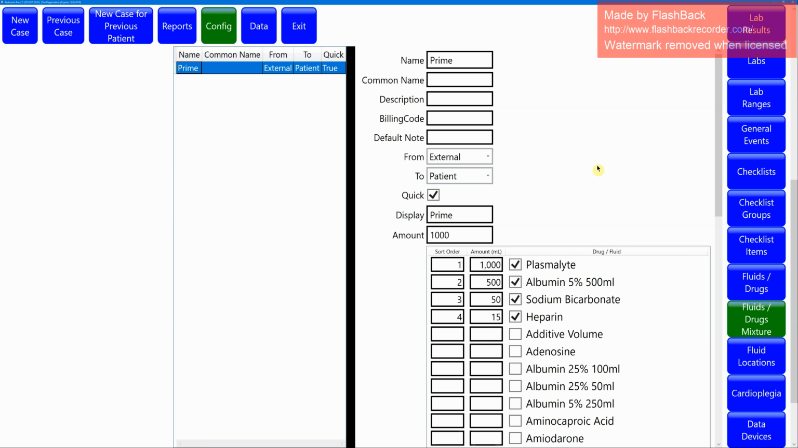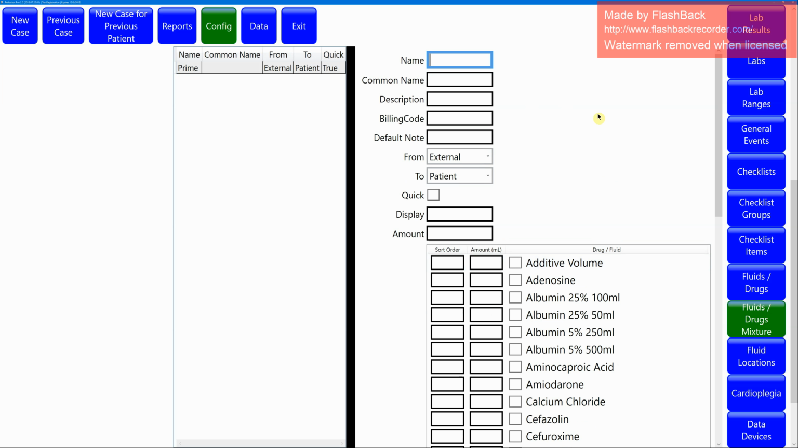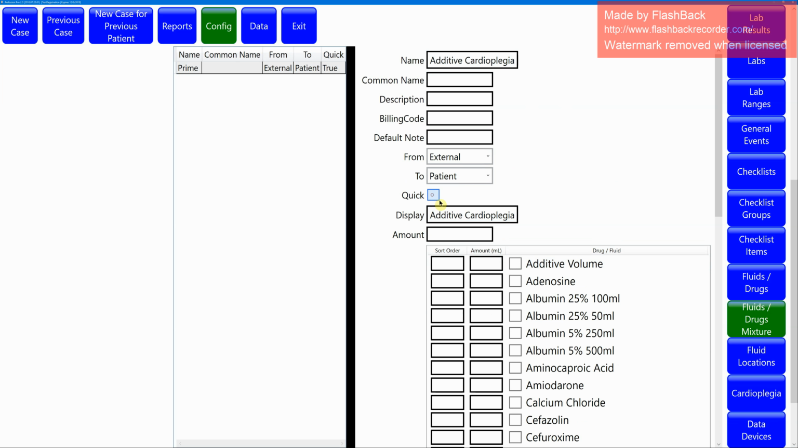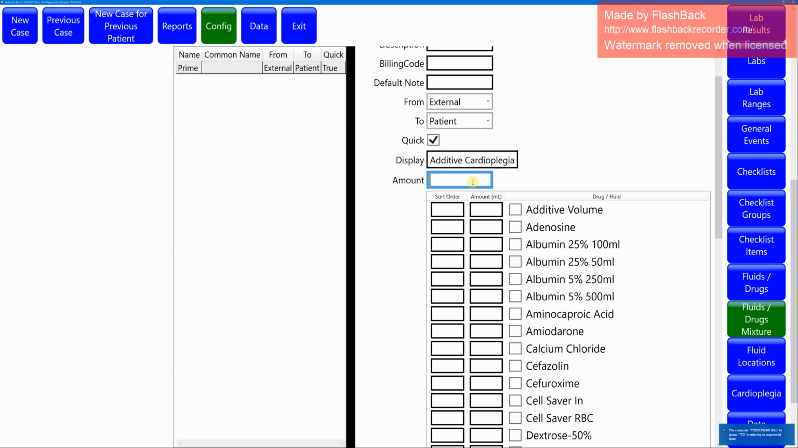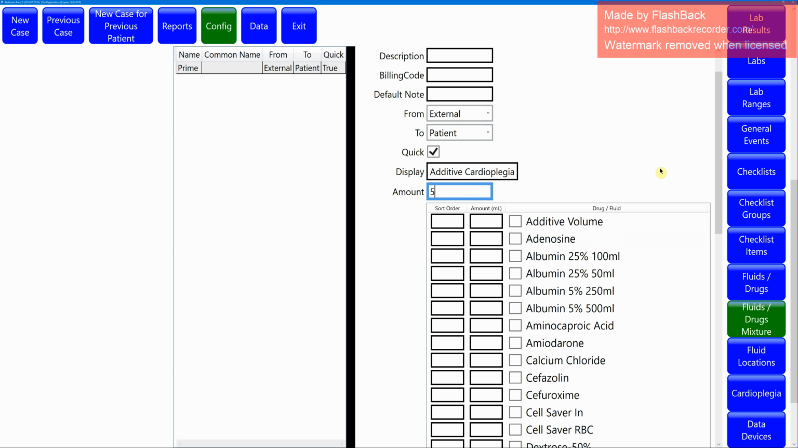We can also make a mixture for cardioplegia. And call this one additive cardioplegia. Put the same thing on the quick button. The amount, we can say we're going to give 5 milliliters. The additive cardioplegia for the Quest MPS,